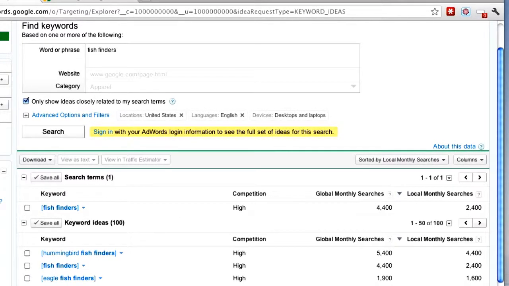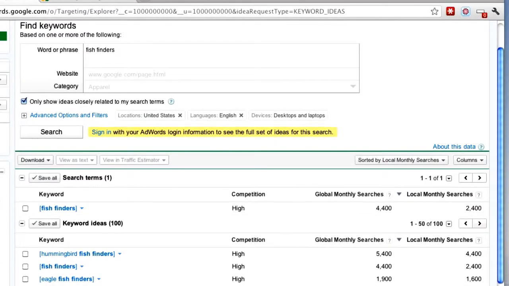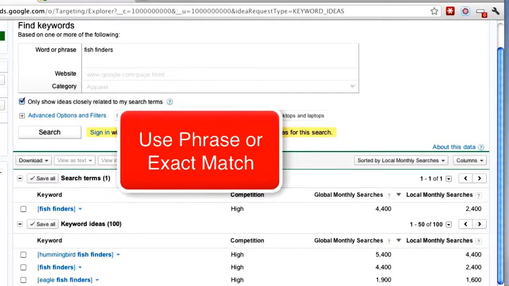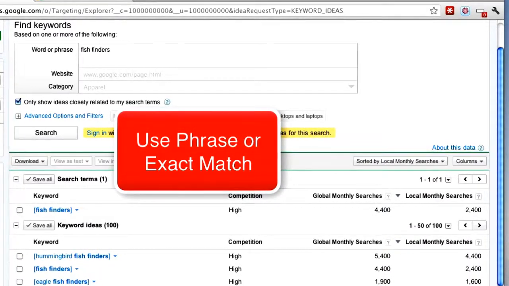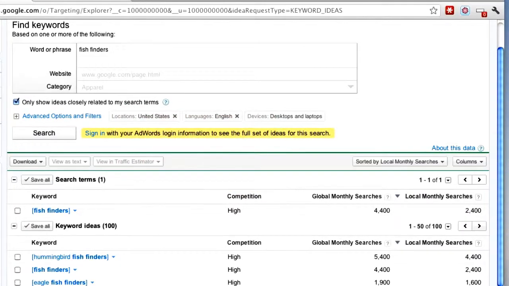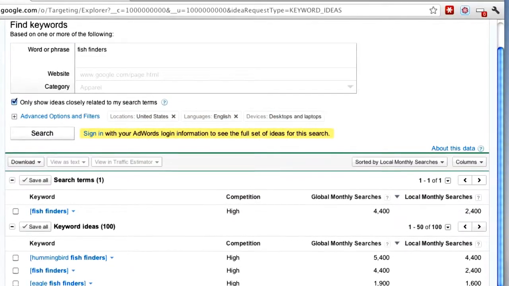So 3 key takeaways for this video. The first is make sure you're using phrase, or even better, exact match to get more precise results when you use the keyword tool. Secondly, just remember that when you are looking at those money